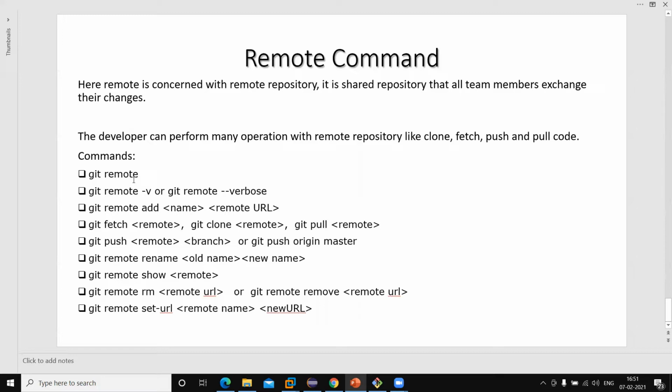Git remote show, this will give us the complete detail of the corresponding remote, like upstream, as well as show all the branches which are available. If you want to remove any particular remote, then we need to use the git remote rm or git remote remove commands, and then we need to pass the remote name. Git remote set-url, this will basically set the URL. Okay, so now let me show some practical examples where I will show you how we perform these commands.